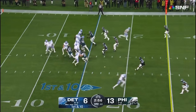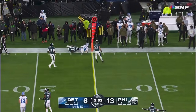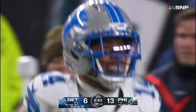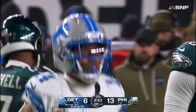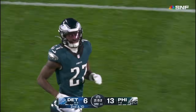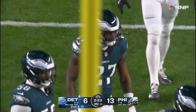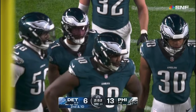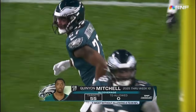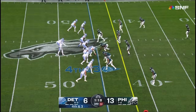Lions begin this drive at the 15. Goff off the spot, resets and throws incomplete for St. Brown. Quinyon Mitchell, a terrific 2nd-year corner on the coverage. I tell you, this Quinyon Mitchell can play, and we saw it last week in their game, and he just continues to make plays. You talk about a guy just making leaps in his National Football League career. He was 2nd a season ago, Defensive Rookie of the Year, and